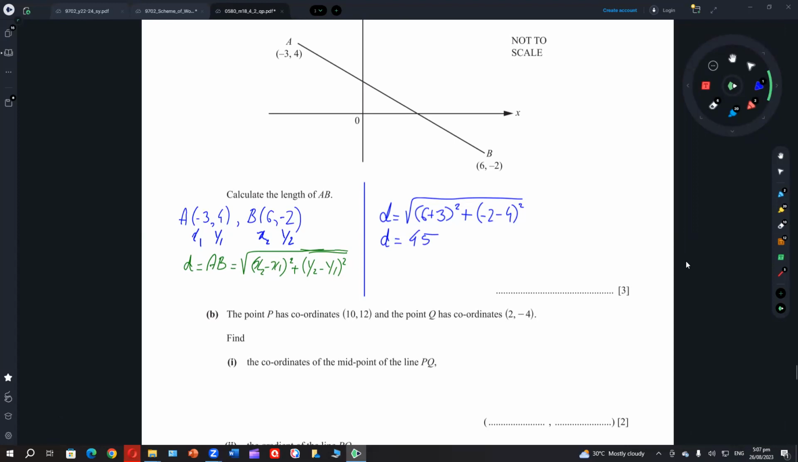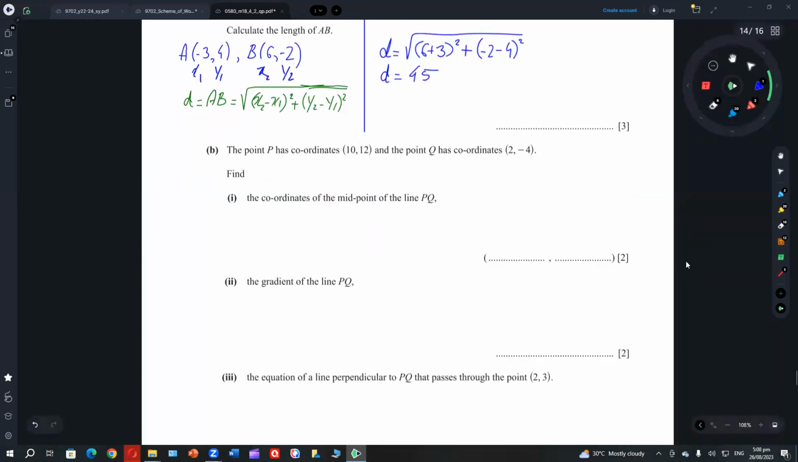The point P has coordinates 10, 12, and the point Q has coordinates 2, -4. The midpoint